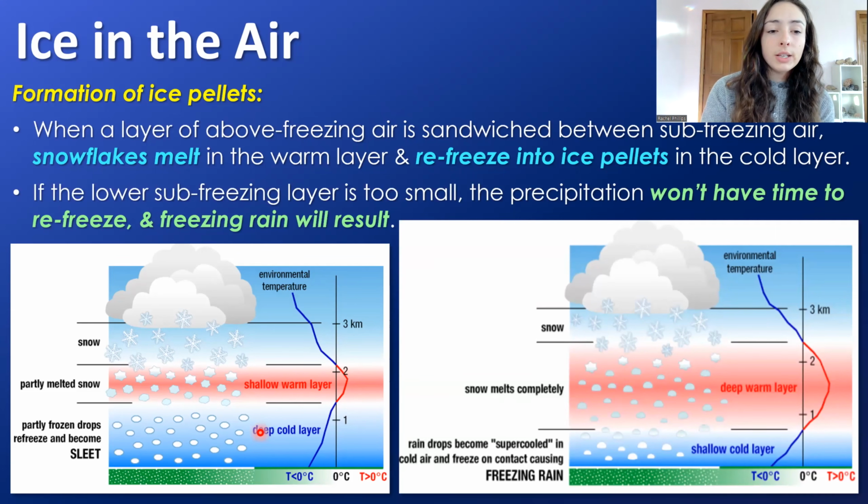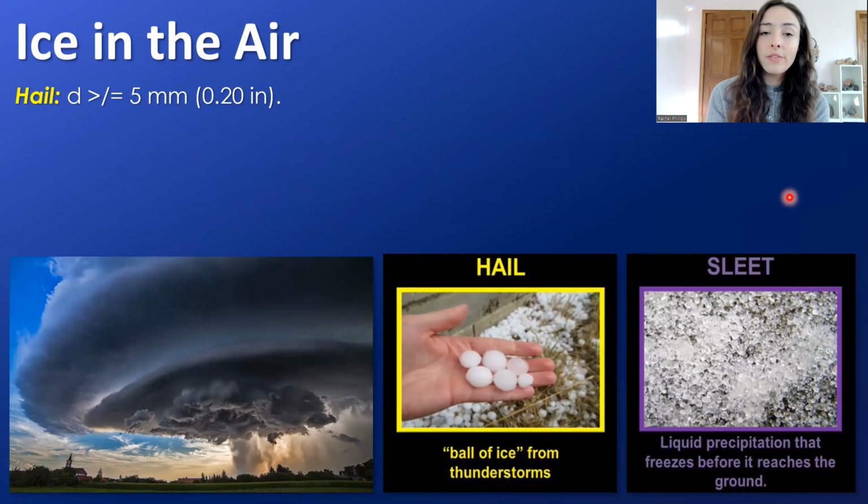If, however, the lower layer of sub-freezing air is too thin, and the warm layer is thicker, the precipitation won't have time to fully refreeze, and instead freezing rain will happen. Now, hail, on the other hand, which is typically greater than or equal to about 5